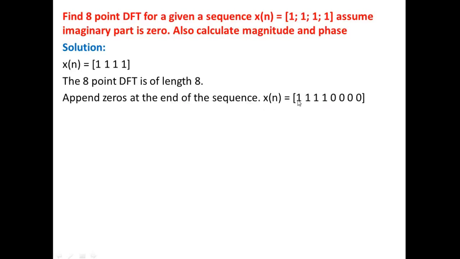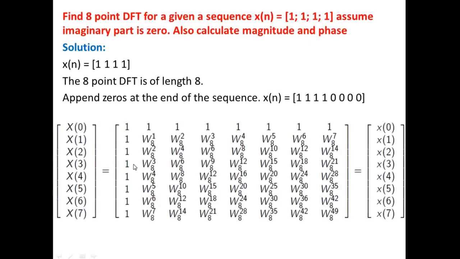So here we have the given sequence. At the end of this sequence, we are going to add zeros in order to match the sequence length. The length is 8, but the given is 4, so the remaining is 4. We have to add 4 zeros to match the given DFT length. So we have added 4 zeros at the end of this sequence. This is called zero padding. By using a matrix formation or the previous expansion formula, we can find the 8-point DFT.